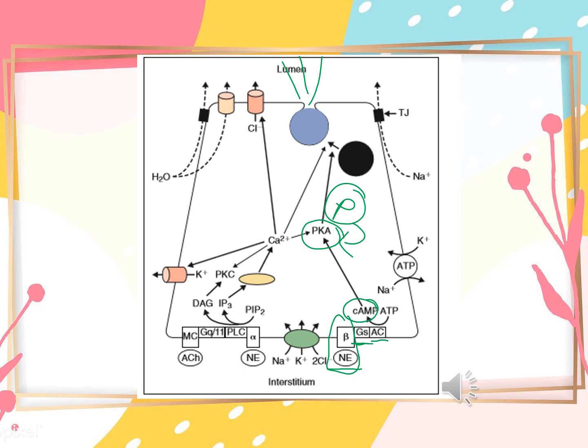Now, along with this, the fluid and electrolyte secretion is stimulated by binding of parasympathetic neurotransmitter, that is acetylcholine, to muscarinic cholinergic receptor, and also by norepinephrine, which binds to alpha adrenergic receptor. Now, norepinephrine is binding with alpha adrenergic and beta adrenergic both. Now, all these receptors will activate G protein, which in return will activate phospholipase C or PLC, and then they will convert phosphatidylinositol bisphosphate, that is PIP2, to inositol triphosphate. It was a bimolecule first and now it will become a trimolecule. What will happen because of this? It will cause the release of calcium from intracellular store.